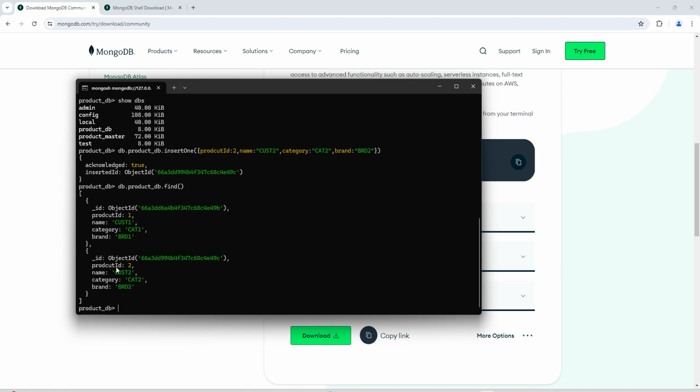Now if we want to update the second document, we can use the update query. To update the document we have 2 options: we can use update one to update a single record, and update many to update a set. Now here we need to update a single document, and here we can pass the condition against which we want to update this record. Now here we can say for product id 2,